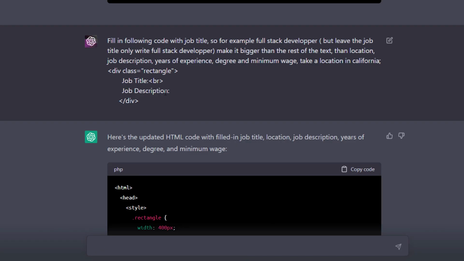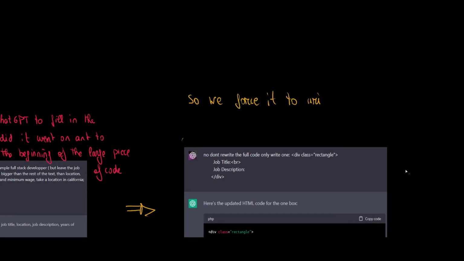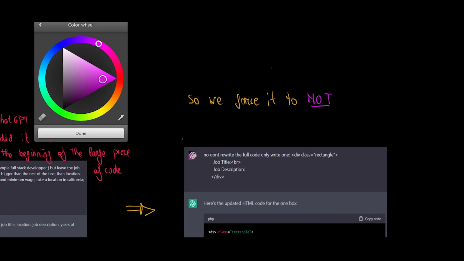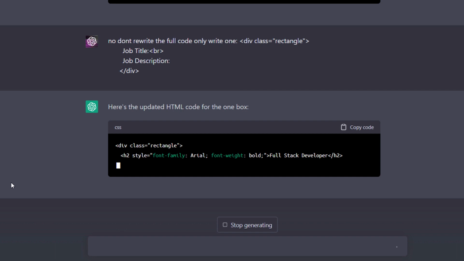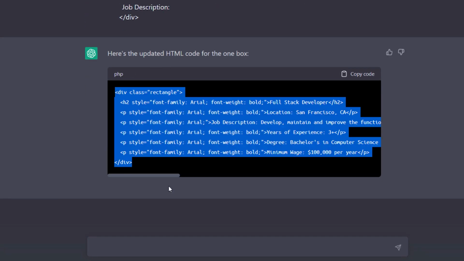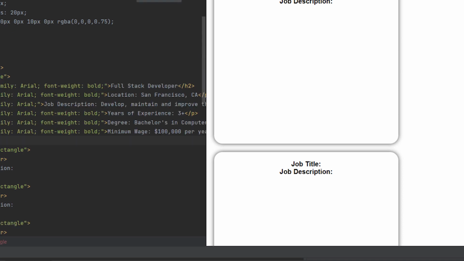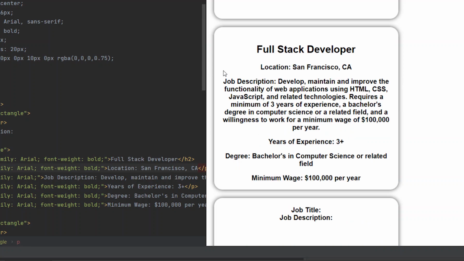Although we asked ChatGPT to fill in the following code, it started from the beginning of the code we already had. This however can be solved by forcing ChatGPT to not start writing from the beginning of the code. We can see that this resulted in a separate code block. We can now repeat this process for all other boxes, and then manually copy the code into the body of